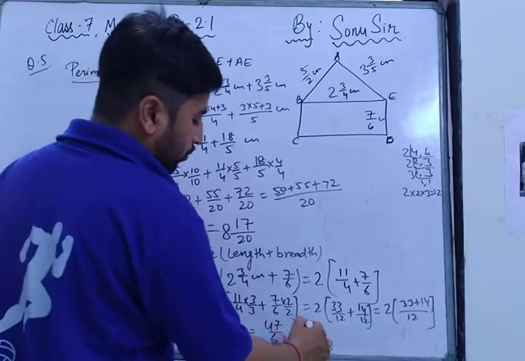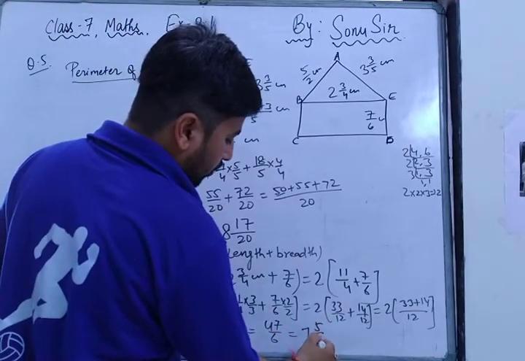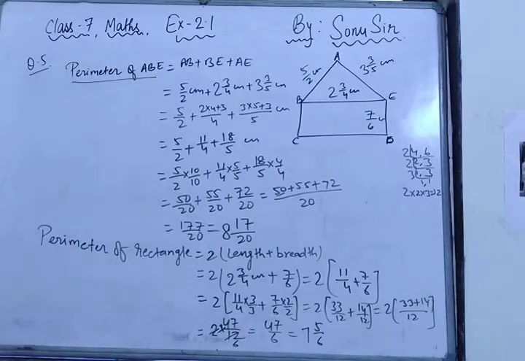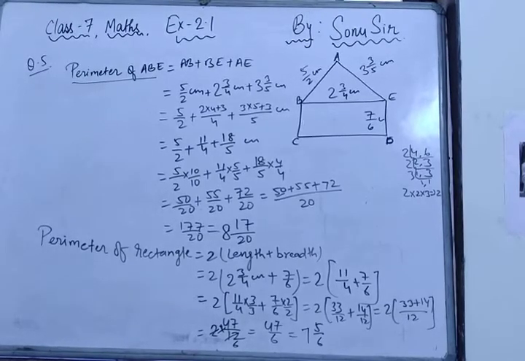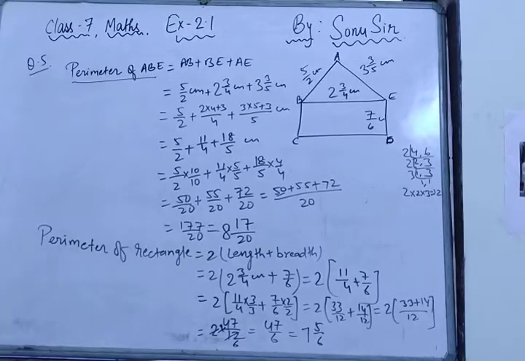Now you can divide also. 6 sevens are 42. So 7 into 5 by 6, right? Now tell me which one will be greater, 177 by 20 or 7 into 5 by 6, or you can say 47 by 6. Can you compare both numbers, which one will be greater? How will you compare 177 by 20 or 47 by 6? You don't have to do anything. Just write both perimeters and compare them, and after that write the answer, which one is greater.